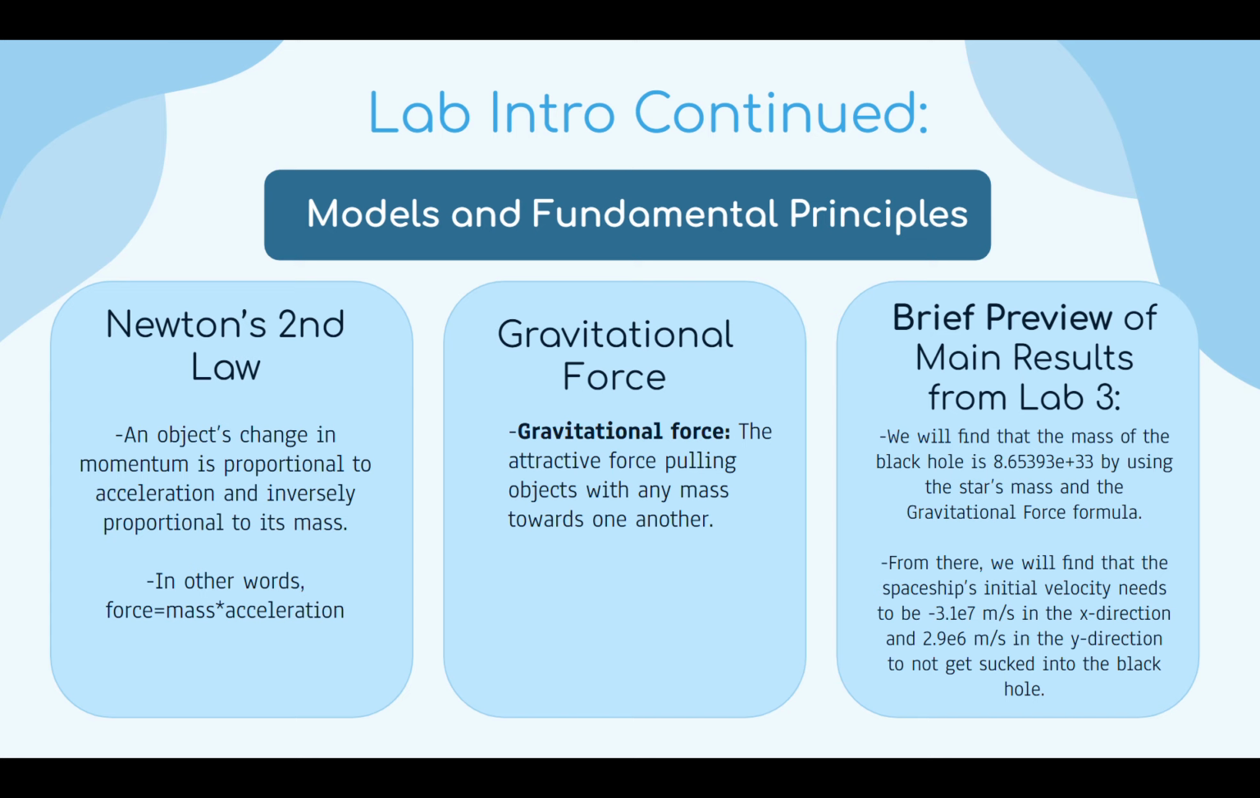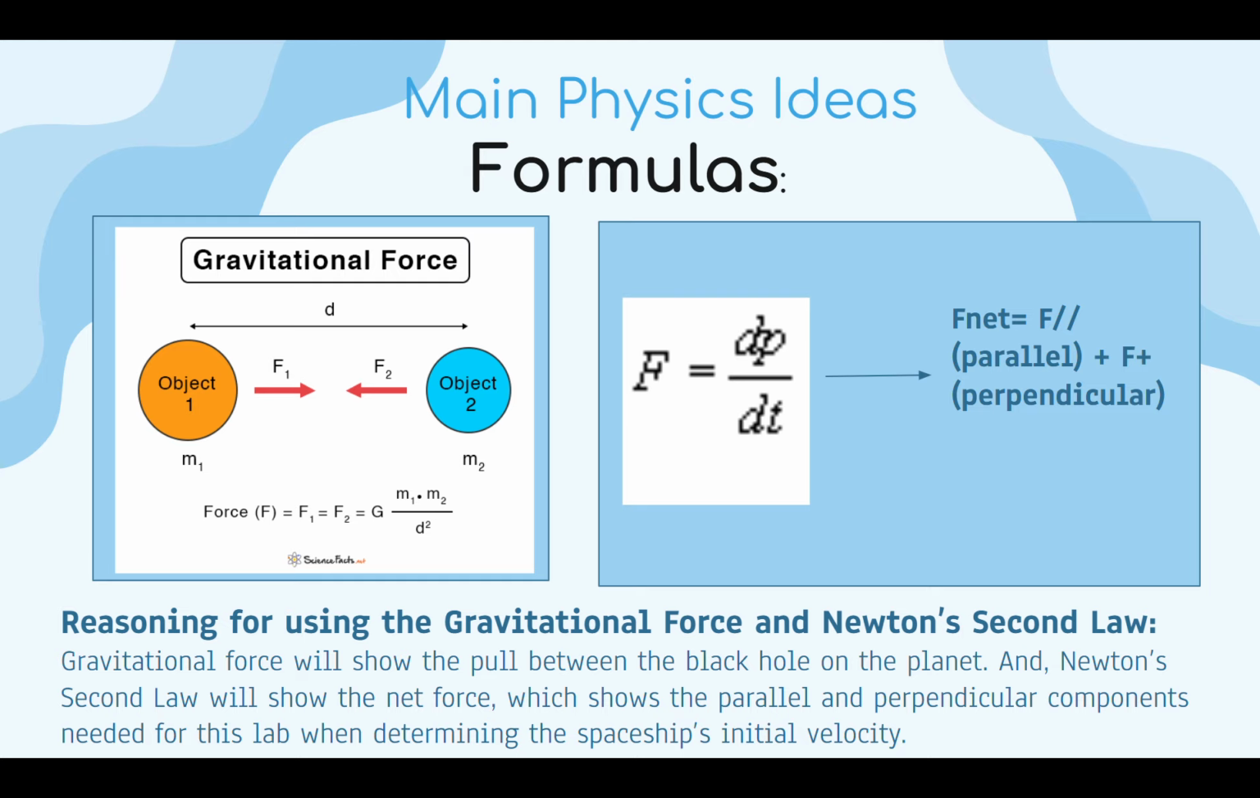mass. Also, for a brief preview of this lab, we see that the mass of the black hole is 8.6 e to the 33 by determining the star's mass and the gravitational force formula. And from there, we will find that the spaceship's initial velocity needs to be negative 3.1 e7 meters per second in the x direction and 2.9 e6 meters per second in the y direction to not get sucked into the